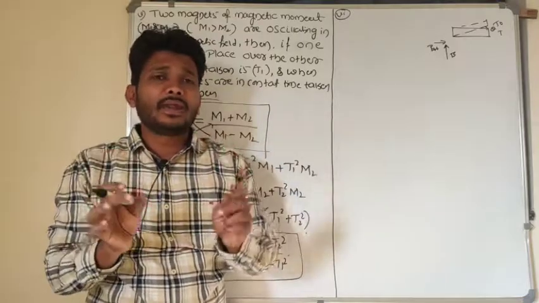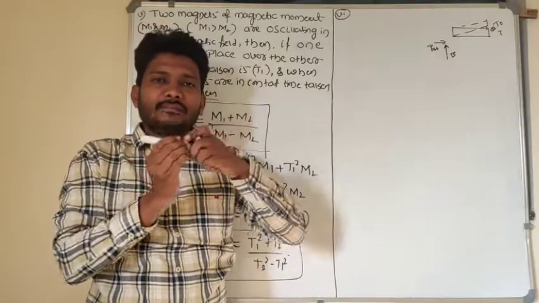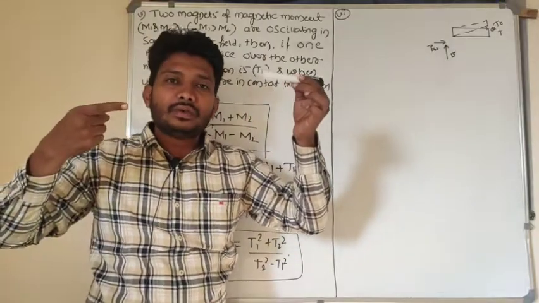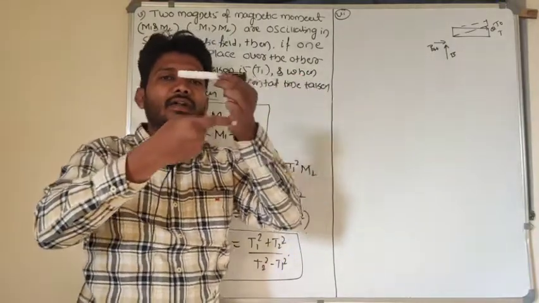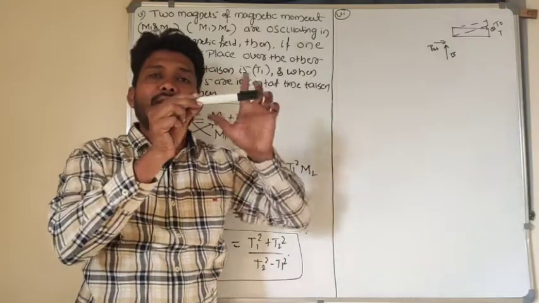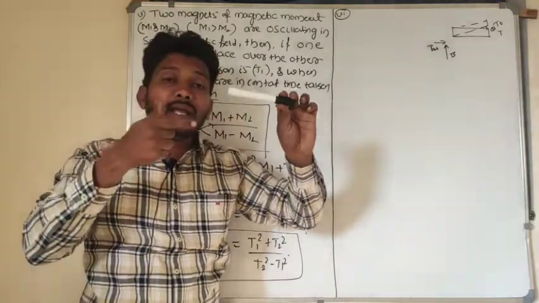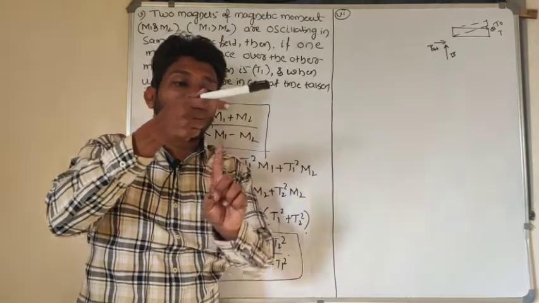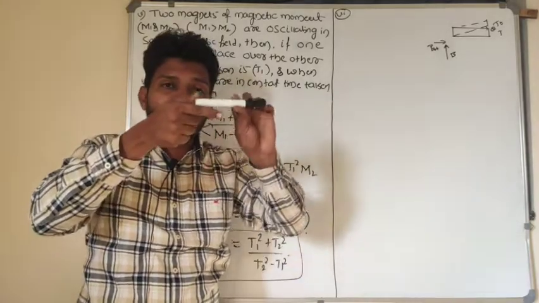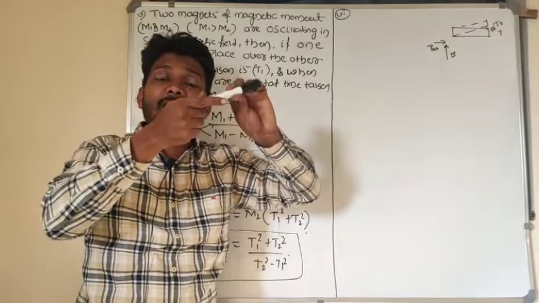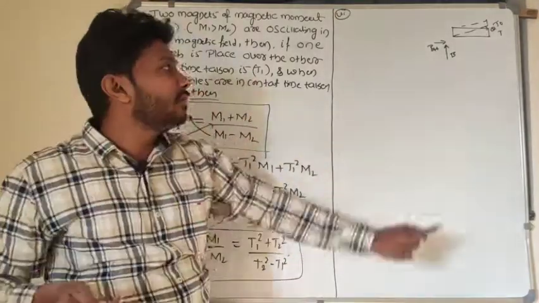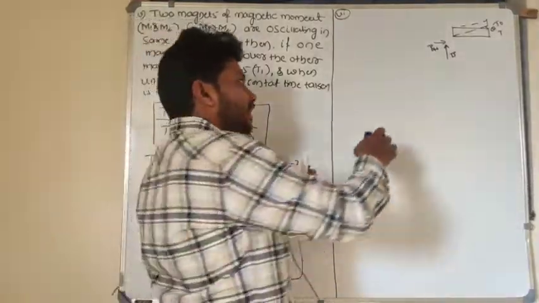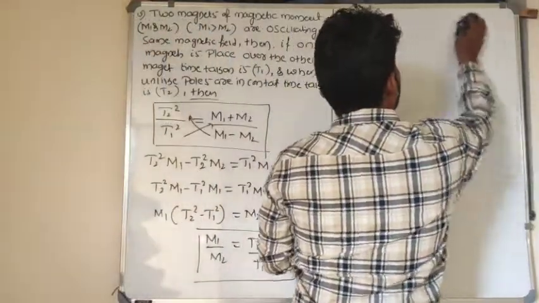Look at here, the simpler way, one magnetic needle is there, right. This magnetic needle is oscillating in presence of uniform horizontal magnetic field. In this situation time taken is T naught. Now let me introduce one more magnetic field B. That magnetic field is perpendicular to B of H. Then this needle will get tilted by a certain angle, then what will be its new time period I want to find out here. Let me write that content here.